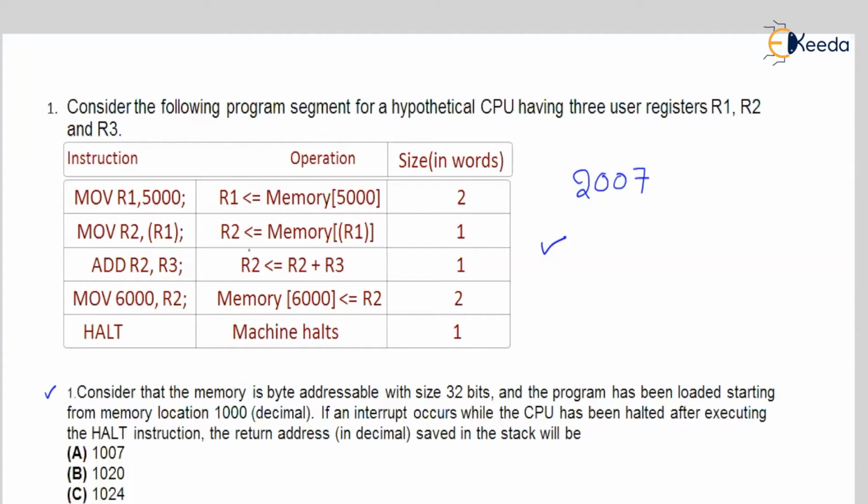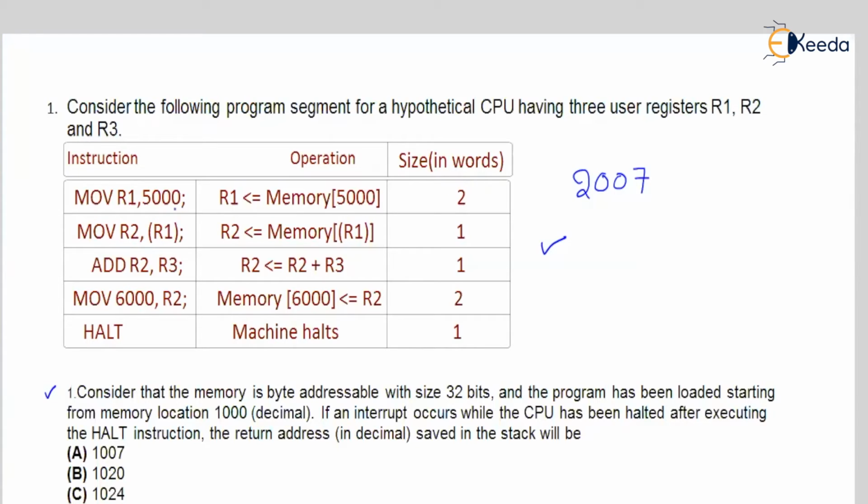Okay, and here the program is given. The program description is given clearly. At every instruction, what is the operation and what is the size of the instruction? You can clearly see there are three columns. One column is all about the instructions. Second column is going to demonstrate the operation that is going to be performed during that instruction execution. And the third column is going to show you the number of words that are consumed by those instructions in the main memory.